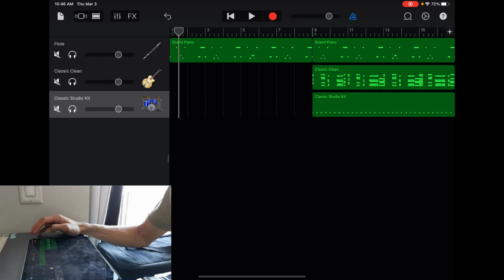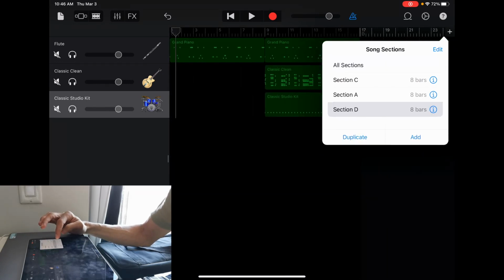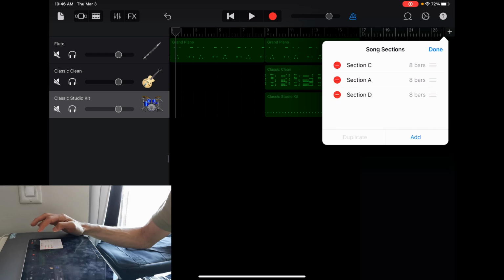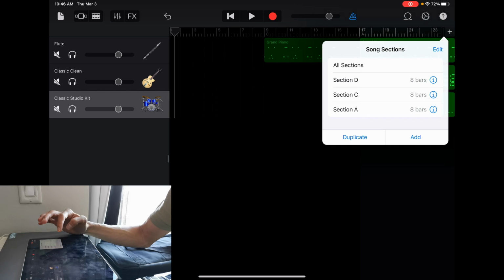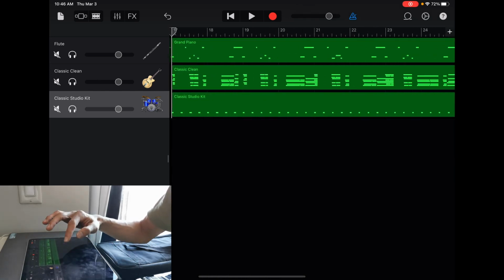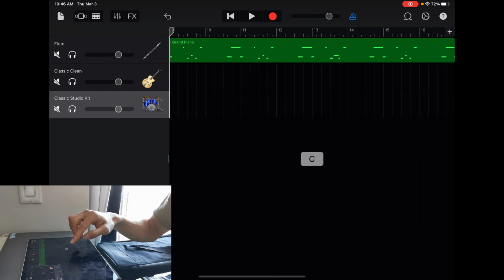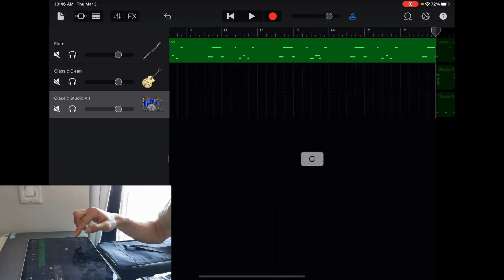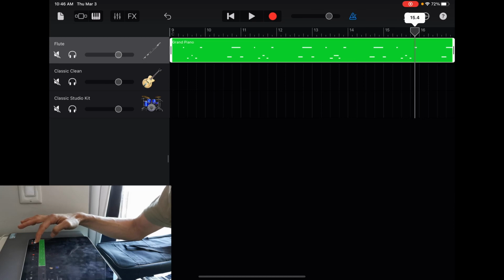Let's see, the first thing I noticed, we need to add another section to the beginning. So we add, then if you click edit, you can press on the right side this three-line thing and move that section to the beginning, the empty section. And if you want to slide to the other section, swipe to the left and hold it, or to the right and hold it, and then you'll jump between sections. So we just want to copy this part right here. So we'll put the line right here,